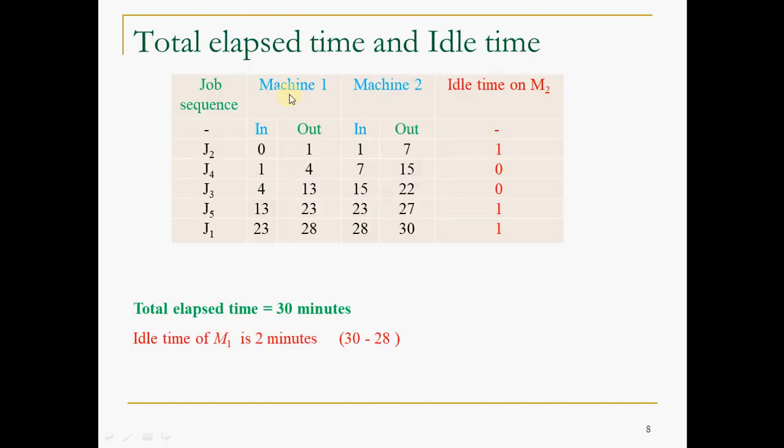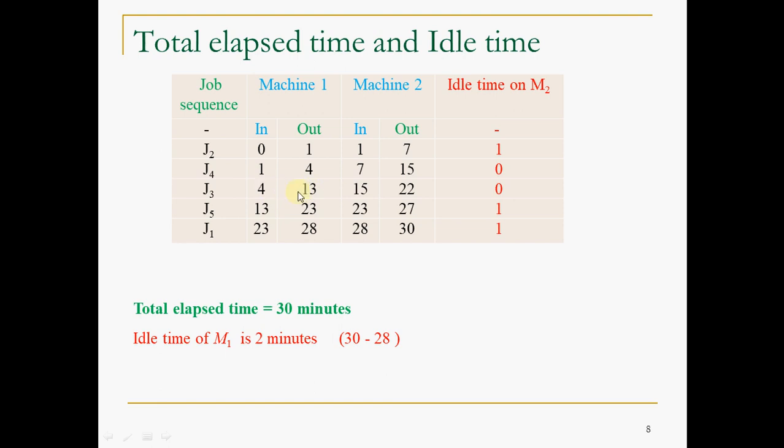First let us fill for machine 1 in, out, and this out time will become this one. I mean after completion of job 2, you will load job 4. That is the sequence. On which machine? On machine 1 again. This will become the out time for machine 1. Again while loading job 4, this will become the in time 1. Why this 4? If you refer, 3 minutes is the processing time of J4 on machine 1. 1 plus 3, you have to add the processing time. So this out time will become the in time, and probably this will be 9.